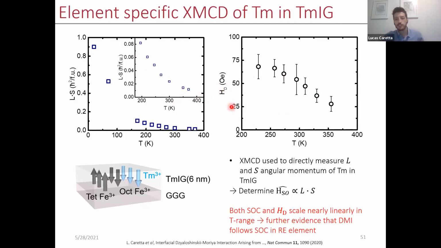But I think from a physics perspective, why this is interesting is you can also see that the spin-orbit coupling increases by an order of magnitude at very, very low temperatures. So this might suggest that the DMI in these materials might actually be very, very high at low temperatures as well, meaning that there could be spontaneous formation of chiral textures and these other things at very, very low temperatures, which still hasn't been measured.